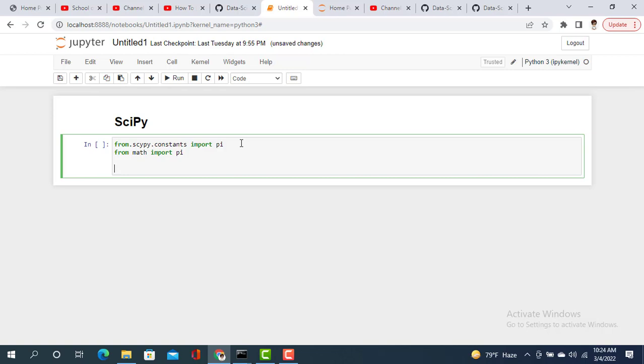Now I'll print the value of pi. For that, print value of pi equal